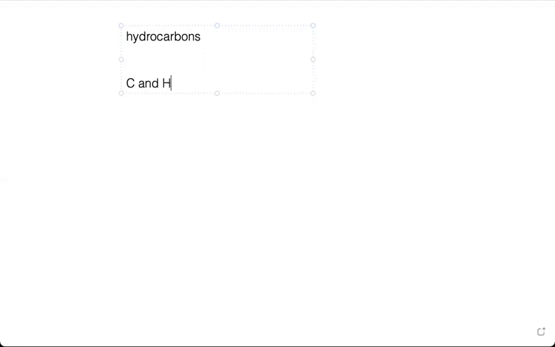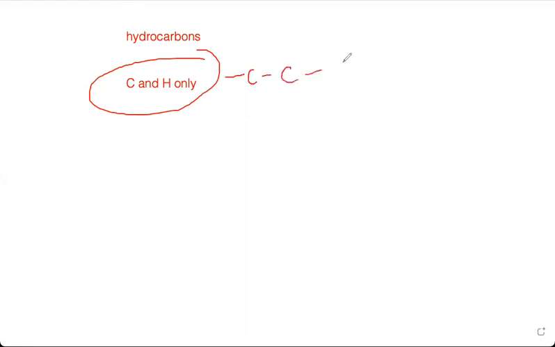There will not be any other element. There could be any number of carbons, and any number of hydrogens. That's not a big deal. Hydrocarbons may have a chain structure, because I just told you that they contain carbon and hydrogen only. There could be a number of carbons in any hydrocarbon, and definitely every carbon would be making bonds with hydrogen. These bonds are filled with hydrogen. Okay, so let's just start.